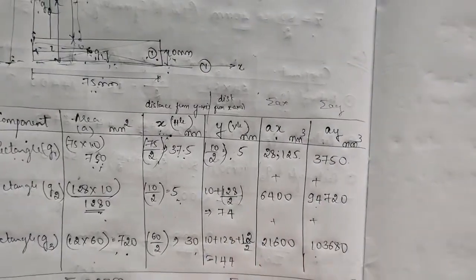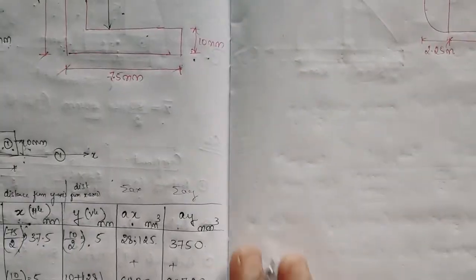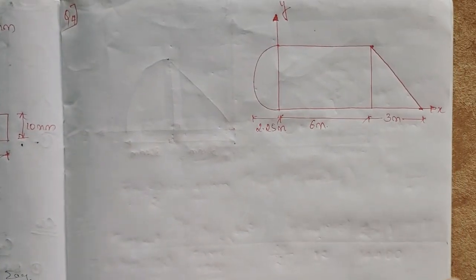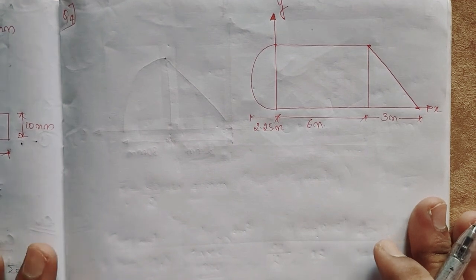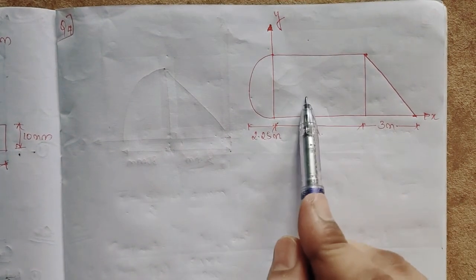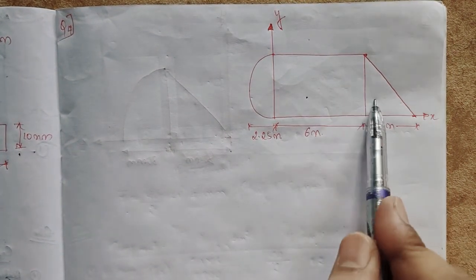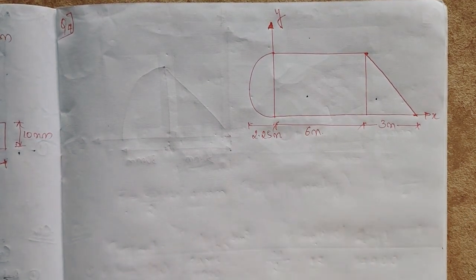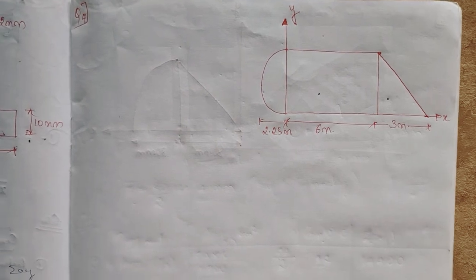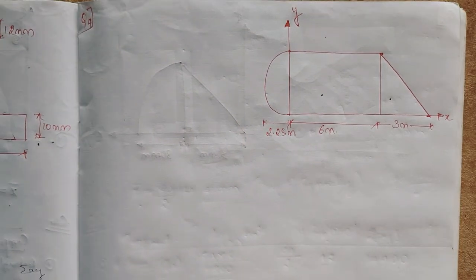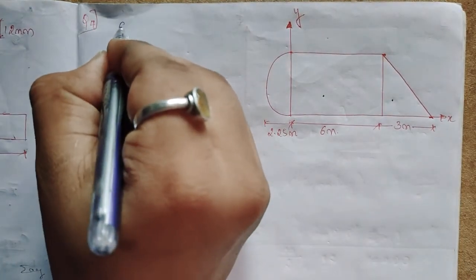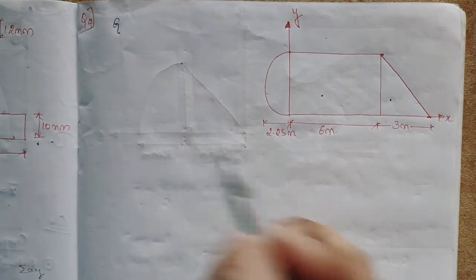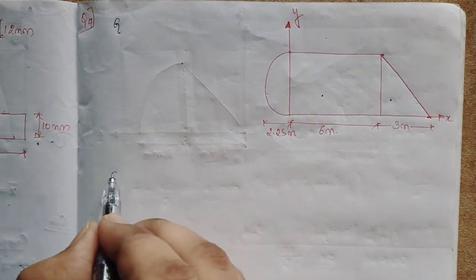So next, find the centroid of the given figure of this diagram. This is another type of diagram which consists of a rectangle, triangle, and also a semicircle. I already gave you the formulas, please memorize them. Okay, so we have to find the centroid G. So what I'll do is, I'll write the figure again.